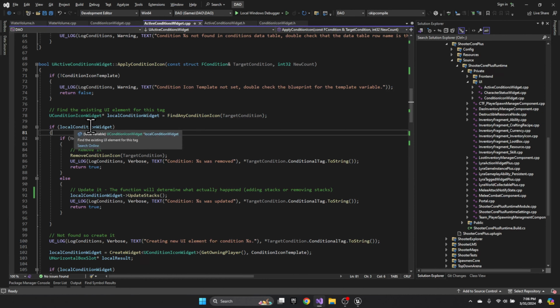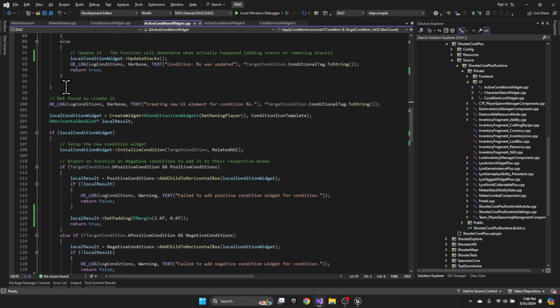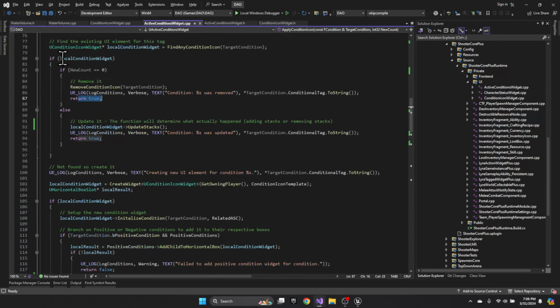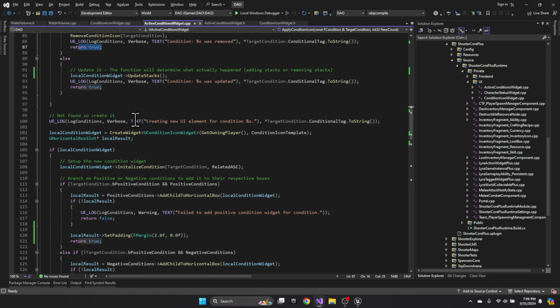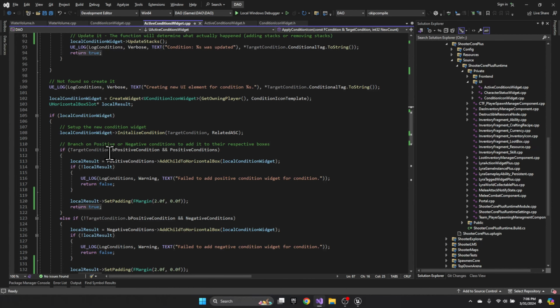If we didn't find it in either the negative or positive horizontal box, then we go down here and actually create it. Because these two returns here would kick us out, if we fall through this, we create it, we initialize it with the initial material inside the widget, and then we add it either to the positive or negative